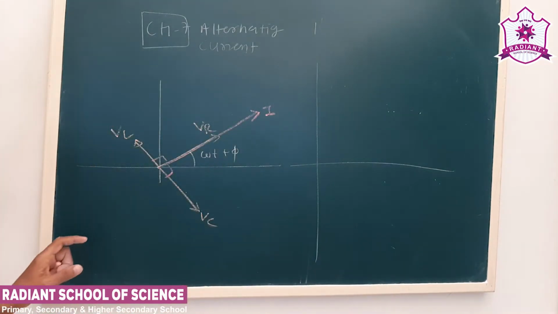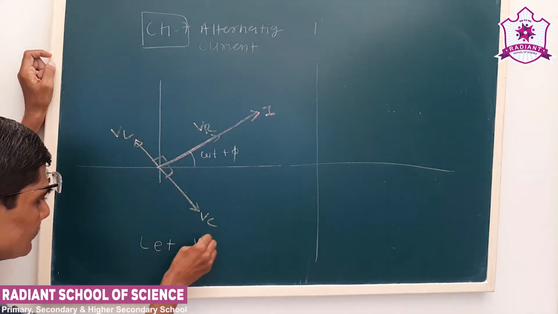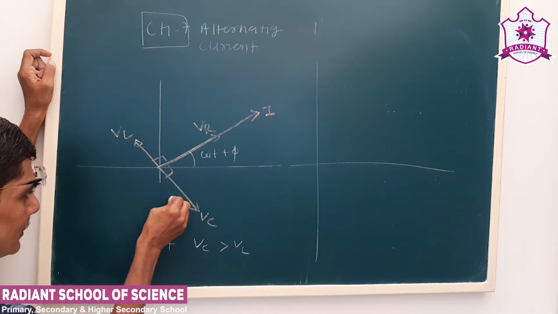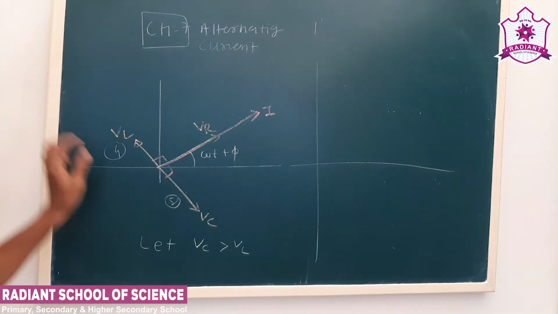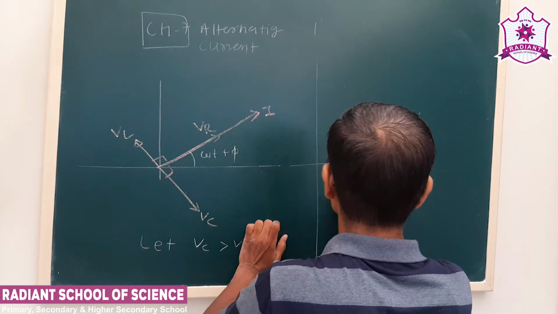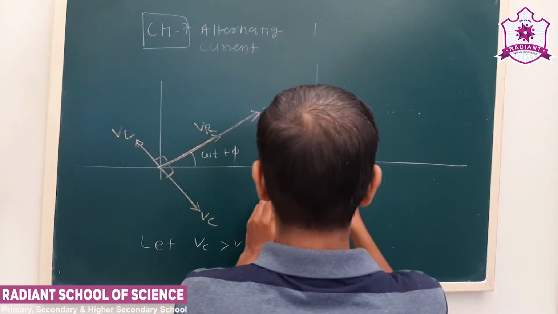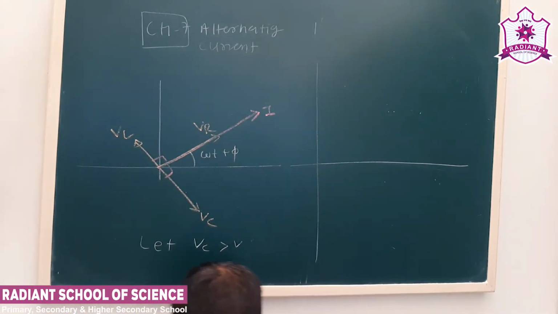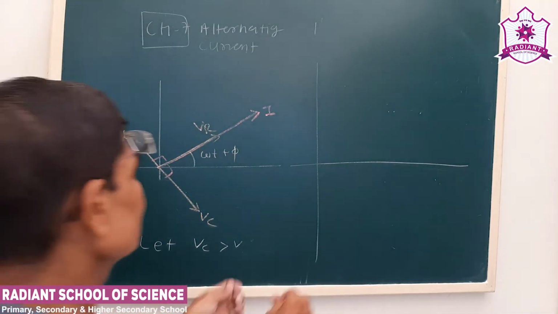Now we can see VL minus VC. VL and VC are in opposite phase. Let us assume that VC is greater than VL. Let us say for example this value is 8 and this will be 4. So what will be the net value? VC minus VL. So the phasor of VL minus VC we can represent on the same diagram. Now let us say the current is I. We want to represent only the voltage phasors. Now see, this is our VR.